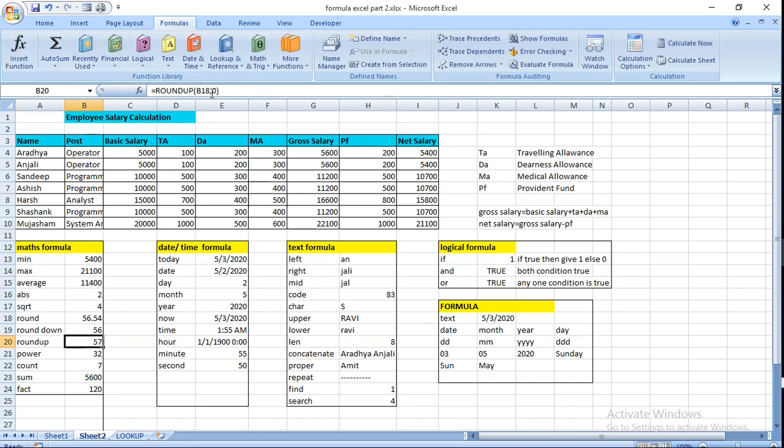As you see the formula in the formula bar, you type it in your computer and make a sheet, and you will get the same answer as I have shown here by using these formulas.